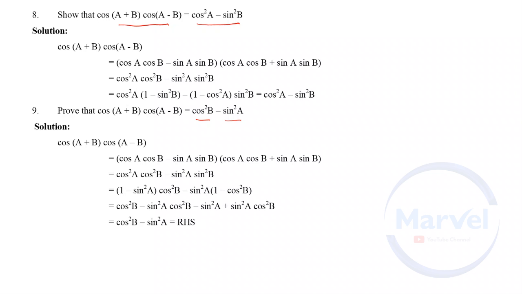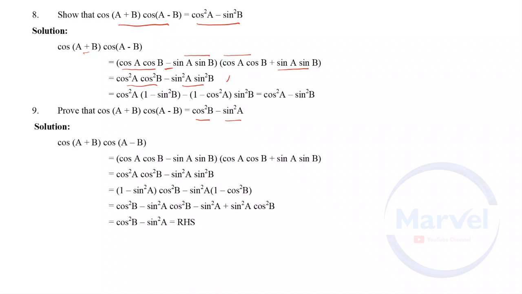First, write cos(A+B). What is the general rule for the cosine function? Same function but opposite sign. Here the sign is plus, so the middle sign is minus. And same function: cos A cos B minus sin A sin B, and cos A cos B plus sin A sin B. Anyway, it is in the (x+y)(x−y) format, x² − y².